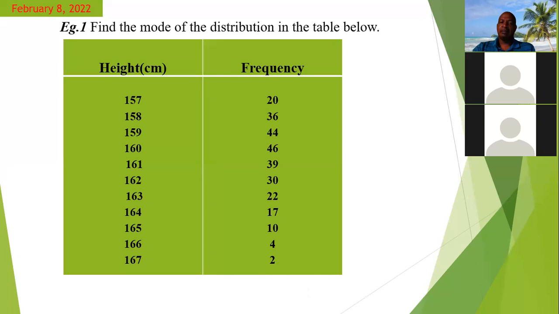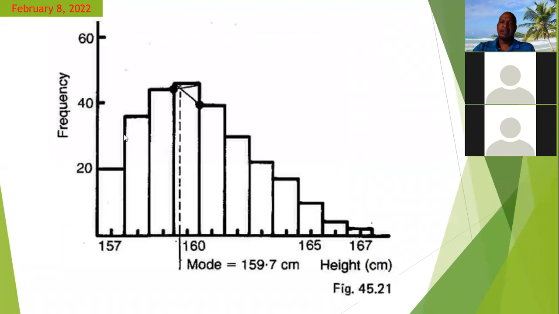Now, this is a table from which you would be able to construct a histogram. This is not a grouped distribution table, but you can also construct a histogram. In this case, you're going to use bars with the same width, and the midpoint of the bars, the midpoint of